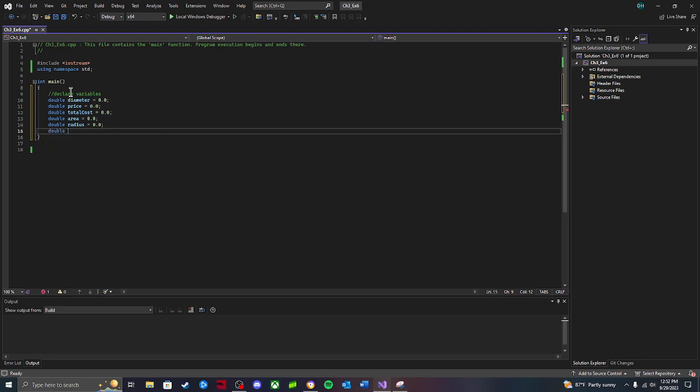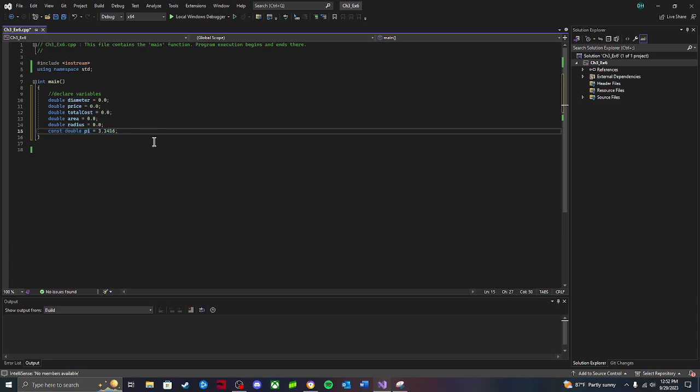Let's see, area, radius, and the last thing is a constant that we're going to be using, and you have to use a double for this, is 3.1416. Oh, I forgot to include the name. It's not going to change throughout the entire program, so it constantly has to be this,